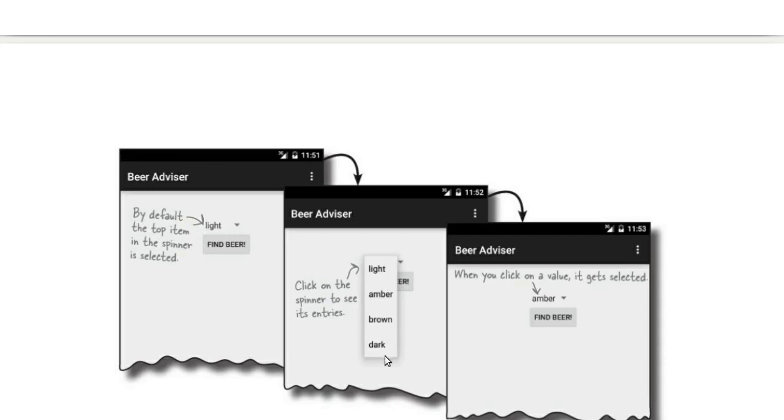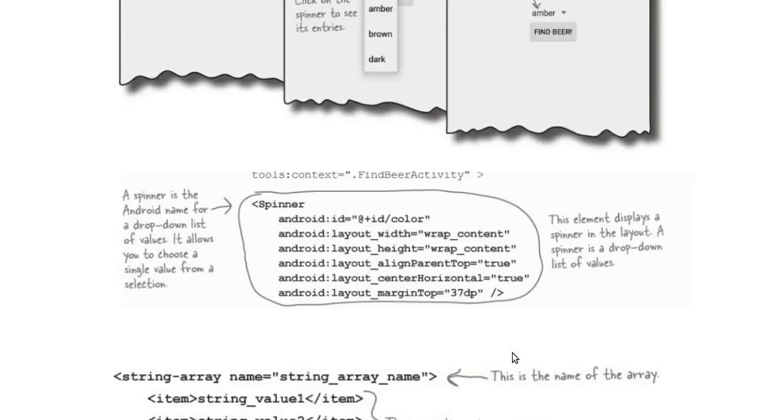What we want to achieve is that first the user has to select one type of beer, then click on find beer, then we will see the result here. Suppose we select light beer, then it will display some names of beer. That could be the logic behind the scenes. First we have to create the user interface, then we have to create the activity. So let's see how we can create the user interface, and then how we can create the activity for that application.